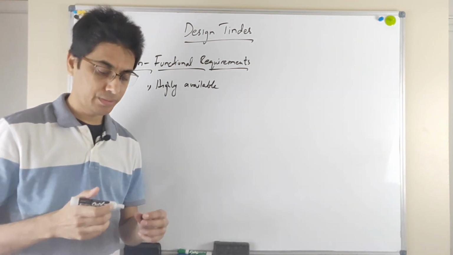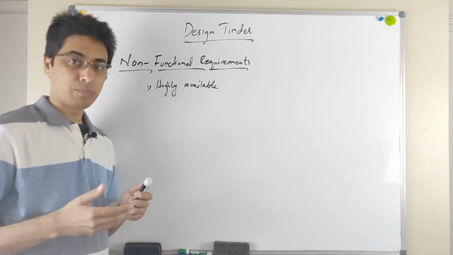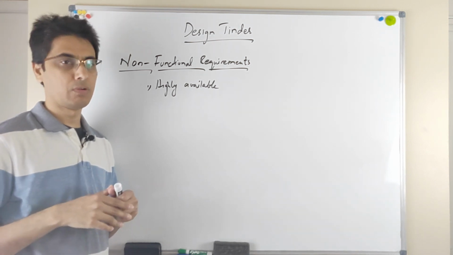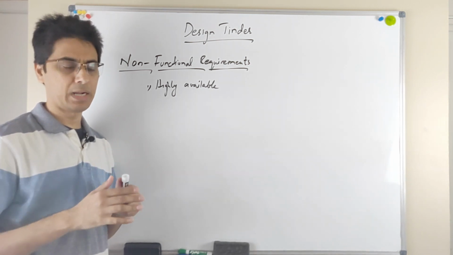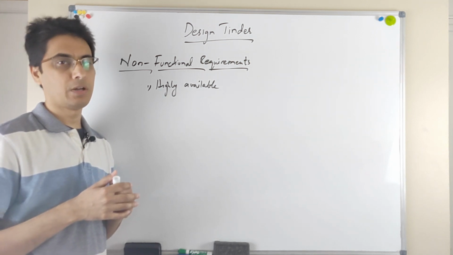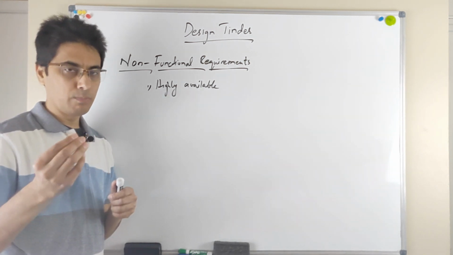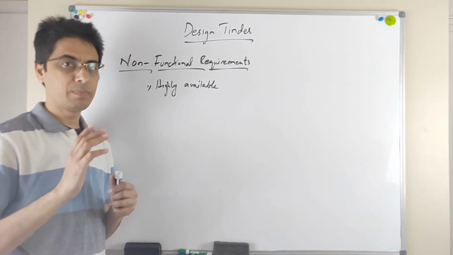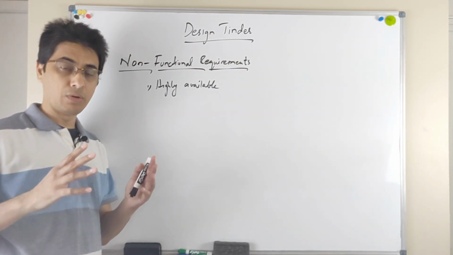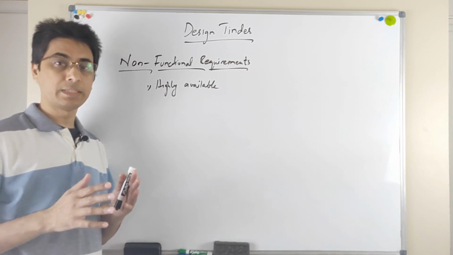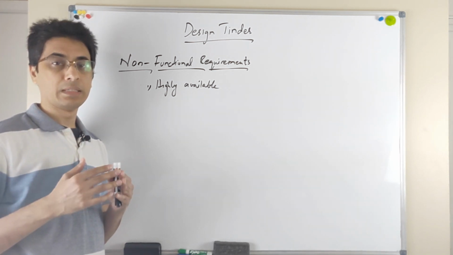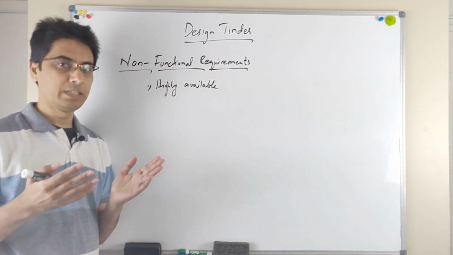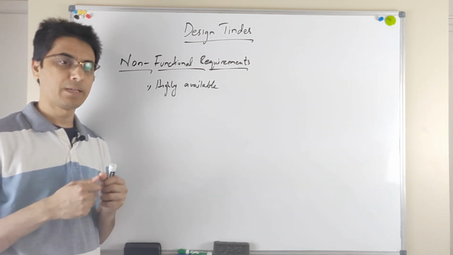And what it means is that the service should be able to tolerate small faults. So let's say if a node goes down or a machine goes down, or some part of the service goes down, then only a small portion of the users should be affected, and only for a very small period of time. The service as a whole should be available all the time for most users, and that is what we mean by highly available. In the industry, when we talk about high availability of a service, we do provide some SLAs